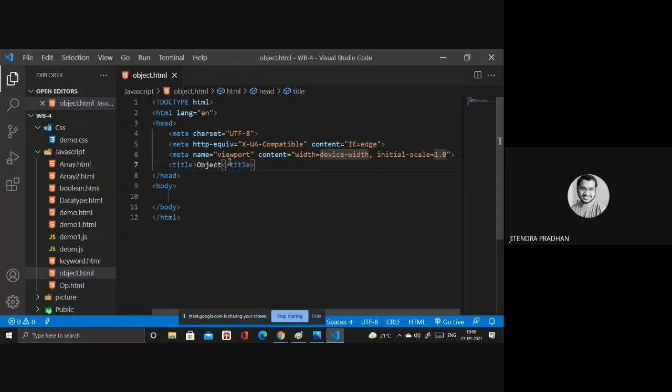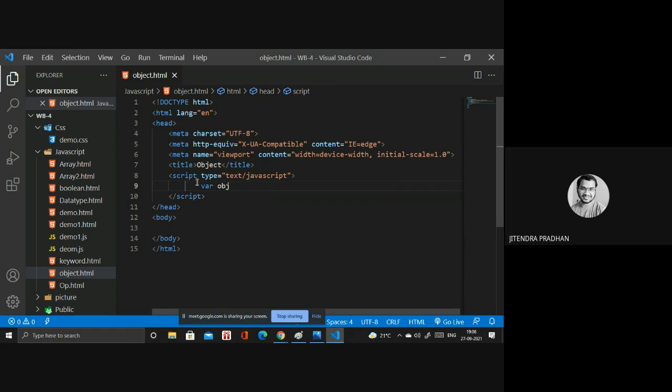Next step, write the script, and we write the text in JavaScript. Then we write a variable, object obj.